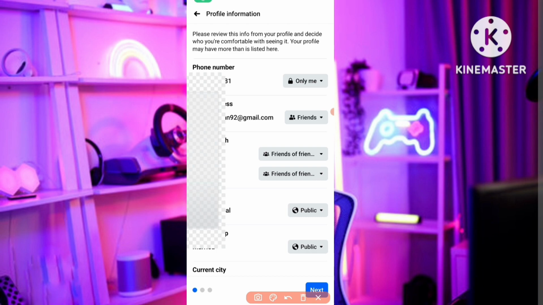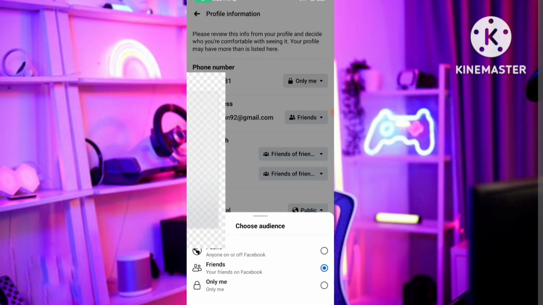But if you select these options into only me, you can see this only me button. If you select this option, if you set this, then literally no one can see this Facebook account information, okay. So that's why you need to keep all these settings into only me, okay. You just need to make all of this only me. So if you want only me, you just have to click on this friends button, and then you will see the only me button. So you just need to click on this only me,